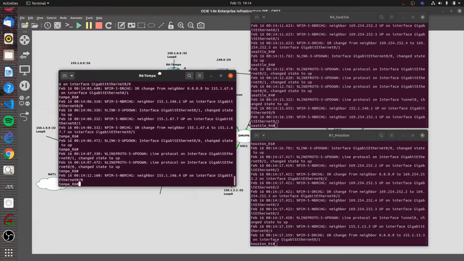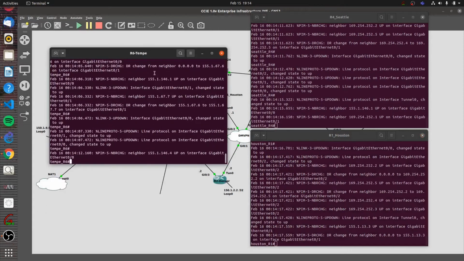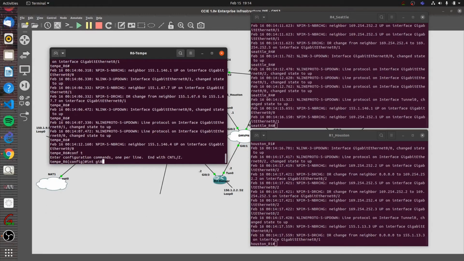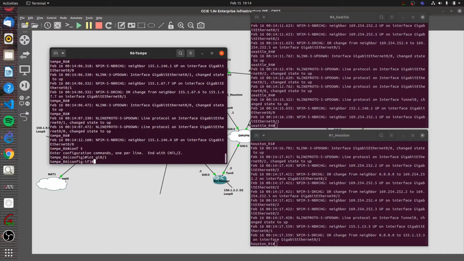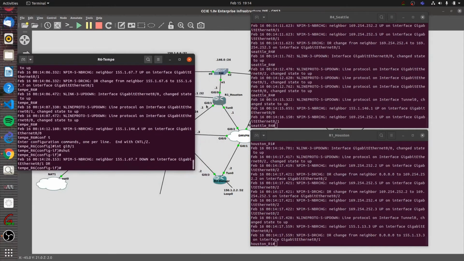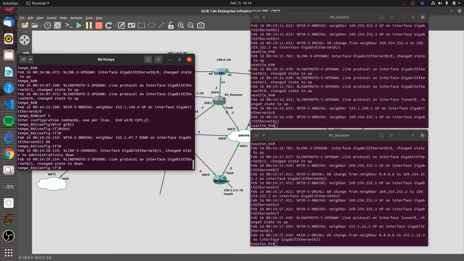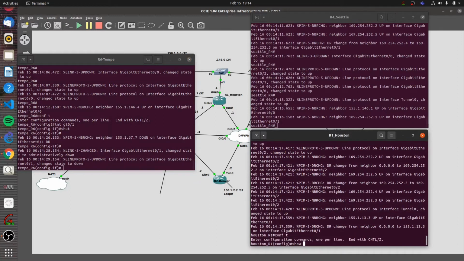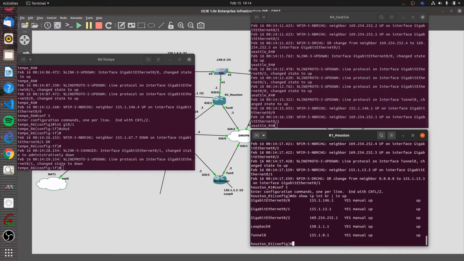Okay, so here in R6, I'm going to shut down gig 0/1 because I want a clean network. I don't want any outside connections. And then R1, I'm going to shut down gig 0/1 and the actual physical address there. First, I'm going to do show ip interface brief. I'm going to shut down the tunnel and the DMVPN address, so gig 0/2 and tunnel 0. So interface range gig 0/2,